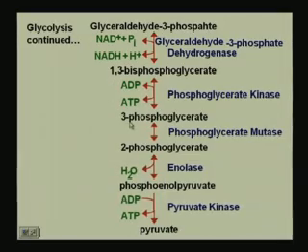And you have 3-phosphoglycerate formed. After you form 3-phosphoglycerate, there is a mutase reaction which shifts the phosphate moiety from the 3rd carbon to the 2nd carbon. So, you have 3-phosphoglycerate form 2-phosphoglycerate, then